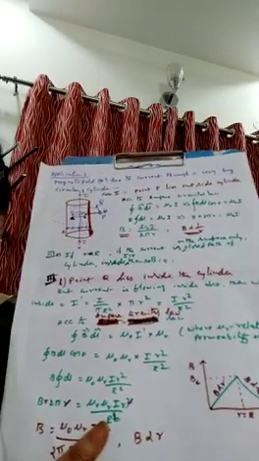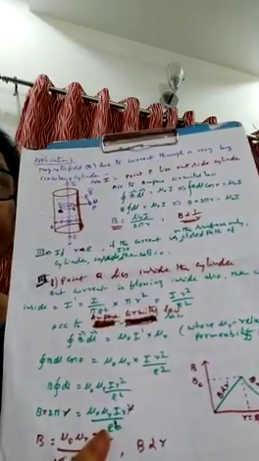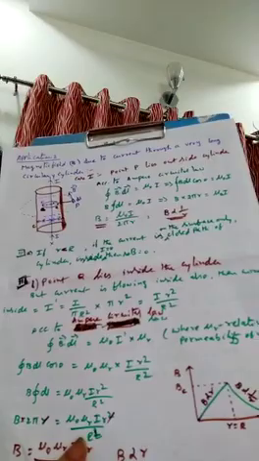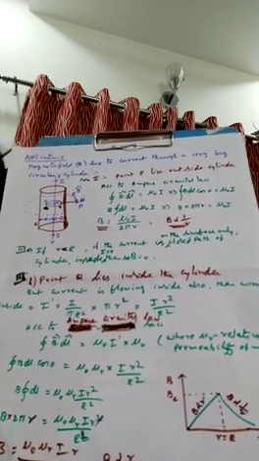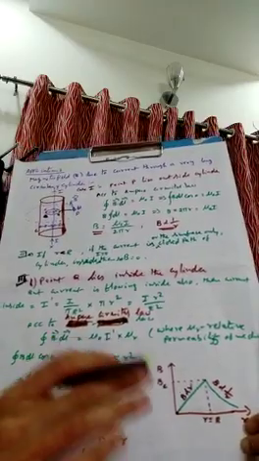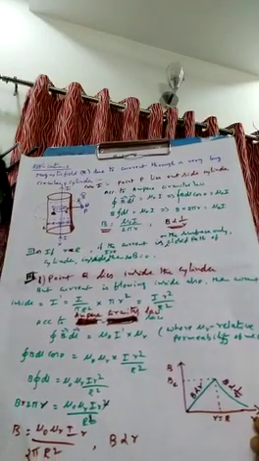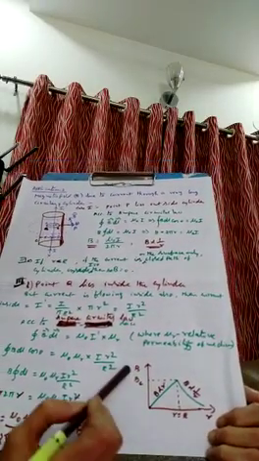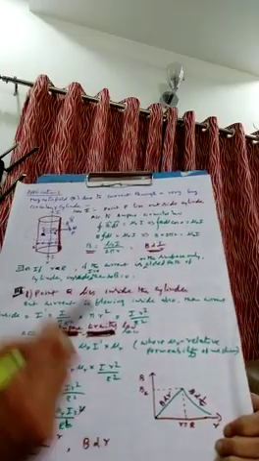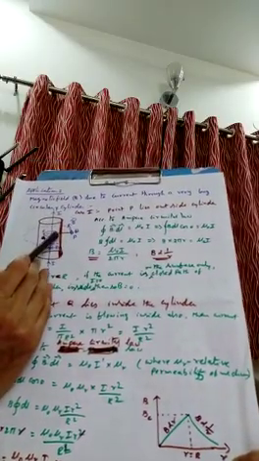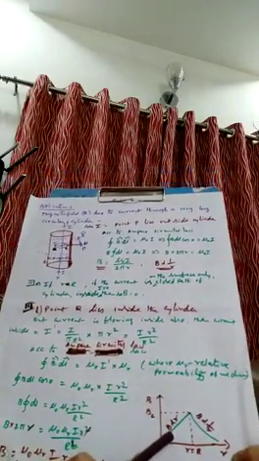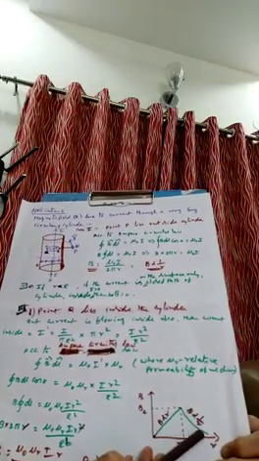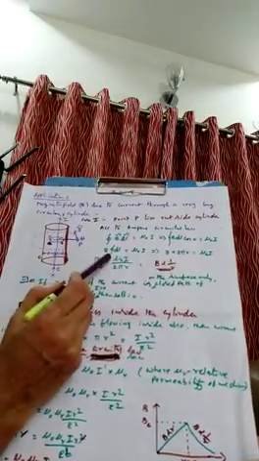So I would like to conclude, when we take the cylinder carrying current inside and outside, then the magnetic field is induced inside also. The magnetic field inside the cylinder increases directly proportional to r, and on the surface it is maximum, and outside the cylinder B starts decreasing. So graphically we can plot the graph like that. If this is r and this is B, then from the center the B value increases till the surface, so B is directly proportional to r. Maximum value is reached. Then B starts decreasing with r outside the cylinder here.